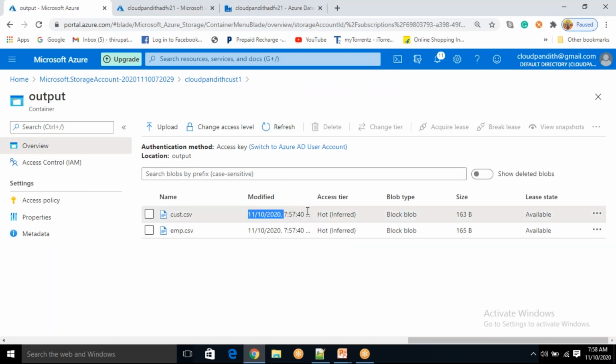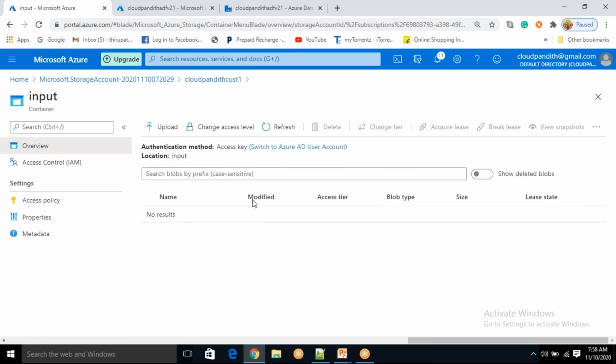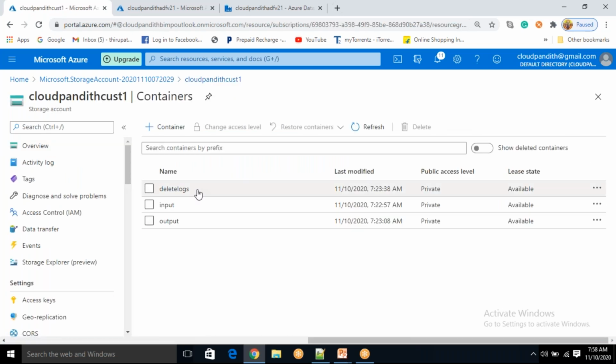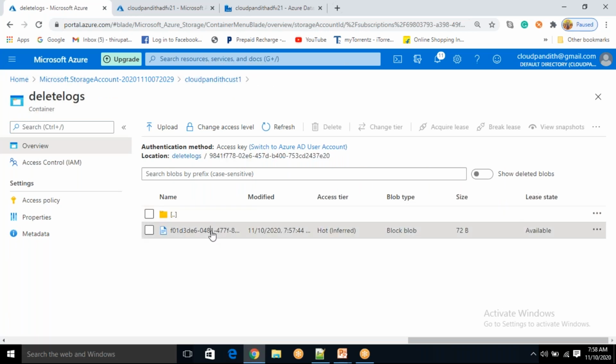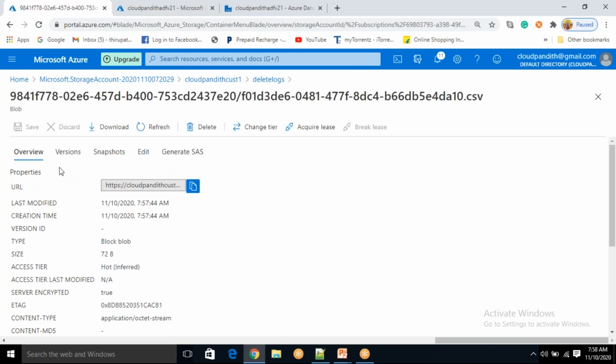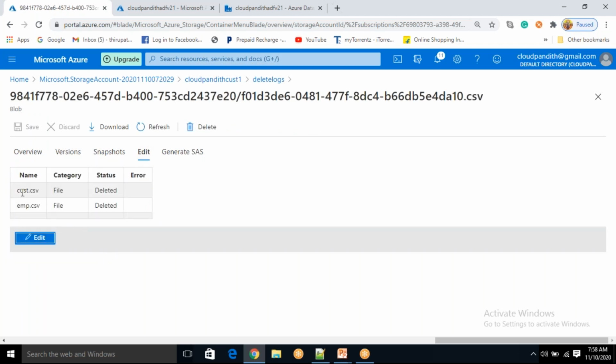See, it was last modified 757, exactly just now. Now go back to your input. You will not have any files in your input container. It's deleted. Now go back to your delete logs. Here you will come to know what files were deleted. Go inside this, click on this. Go to edit, click preview data. You see custody.csv, this is a file deleted. emp.csv, it is a file deleted. So all these logs will be there here.